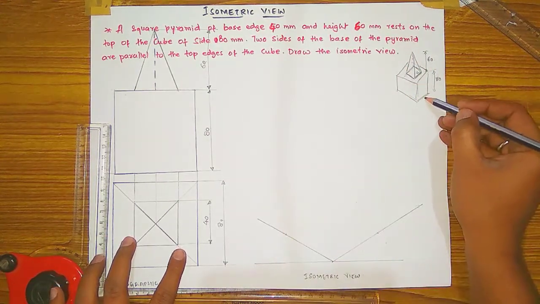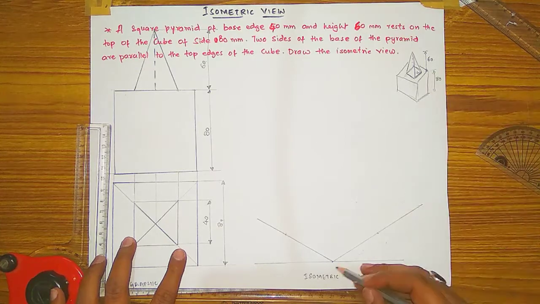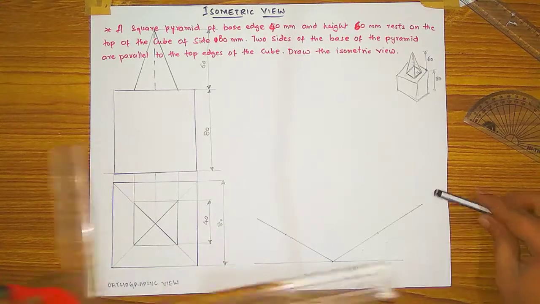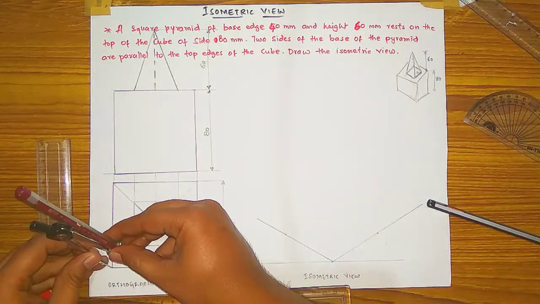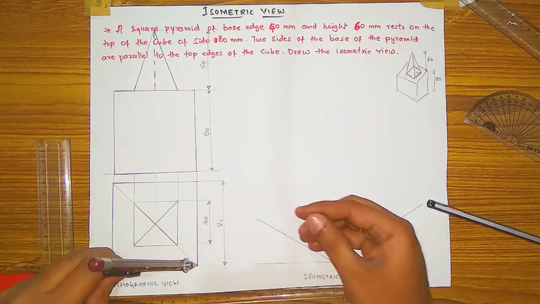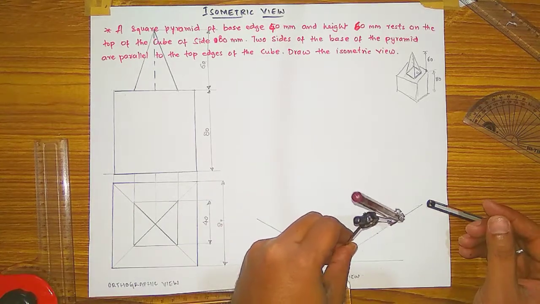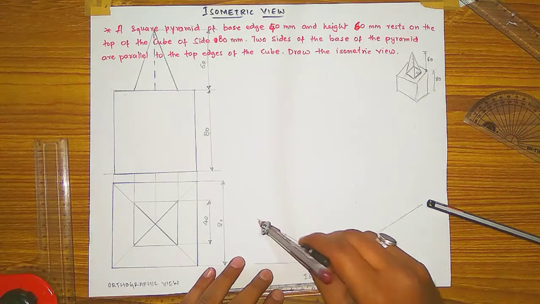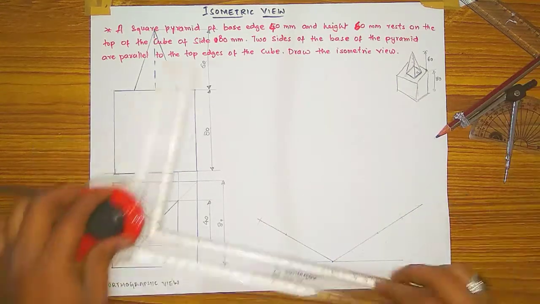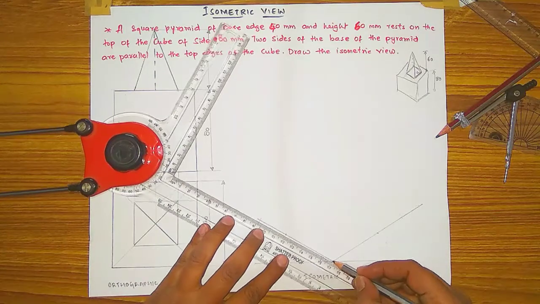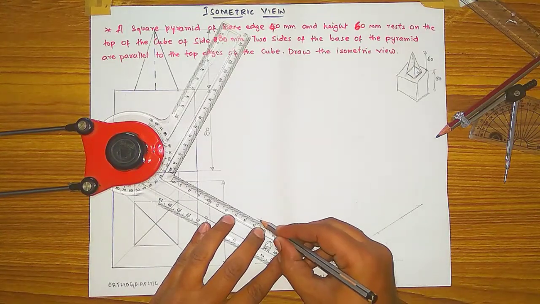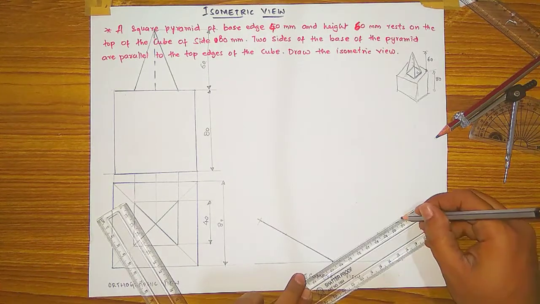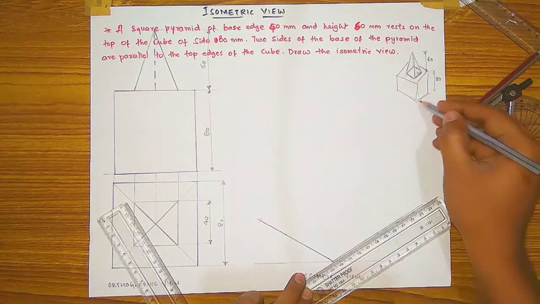So the cube side is 80 mm in height. So I will take 80 mm here, or else you can adjust your divider on that square like this. Take an arc here also, its height will be the same, and take an arc here like this. Then draw this line and make it dark. These two lines you have created.